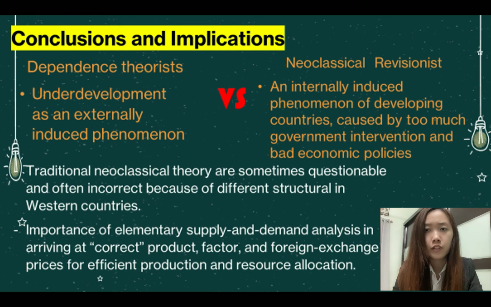But what of the neoclassical counter-revolutionary contention that free markets and less government provide the basic ingredients for development? On strictly efficiency criteria, there can be little doubt that market price allocation usually does a better job than state interventions. The problem is that many developing country economies are so different in structure and organization from their Western counterparts that the behavioral assumptions and policy precepts of traditional neoclassical theory are sometimes questionable and often incorrect.